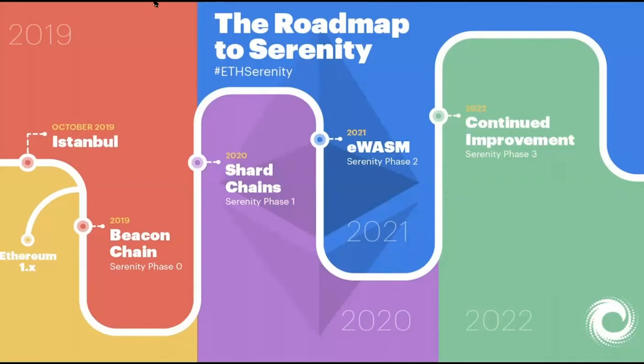So it is possible that after phase 3, we're not really going to need any more fundamental changes to the Ethereum chain structure, and it will be possible to do pretty much anything that we want to do on top of just this quadratic sharded system and layer 2s and the execution environments that get built on top of it.